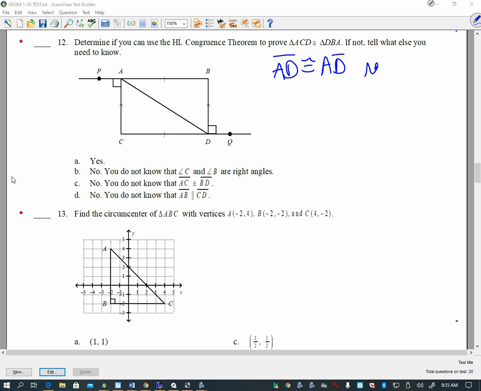Reflexive. And you can say reflexive axiom or reflexive property of equality, right? Or reflexive property of congruence. Okay? But that's showing me that I know that this should be equal, correct? Okay, or we can put 2 across here.